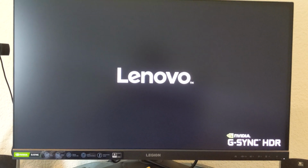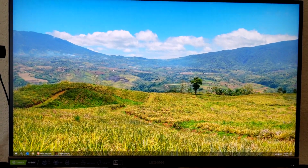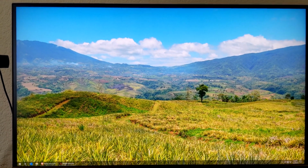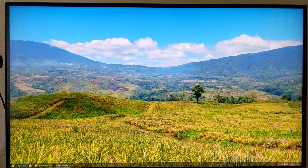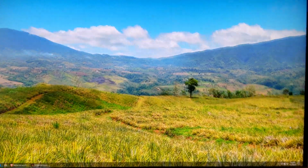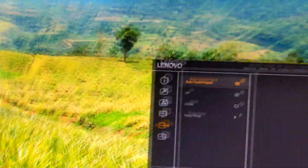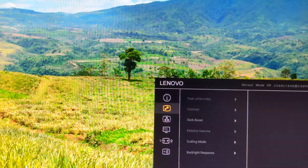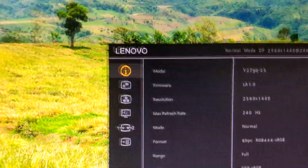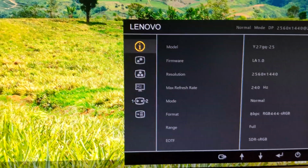Oh yeah. HDR G-Sync 240 hertz, 0.5 millisecond response time. Ooh! Damn! That's TN right there, baby. Let's go. So, I played around with these settings a little bit, and there's some good options in here, definitely some good options. As you can see, I actually have the